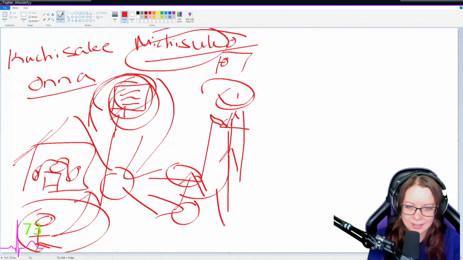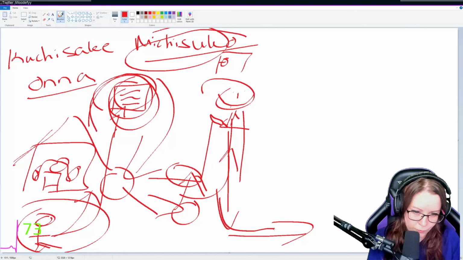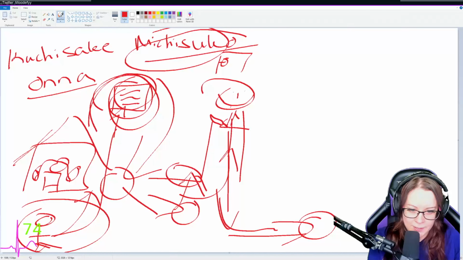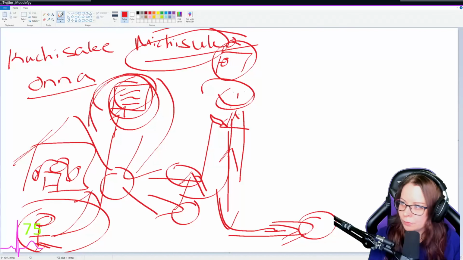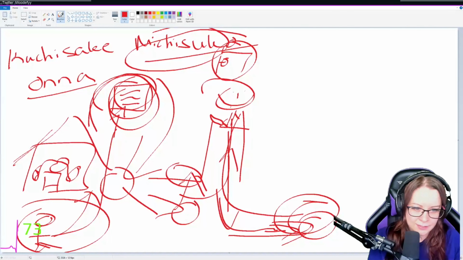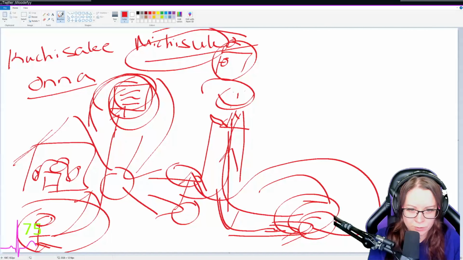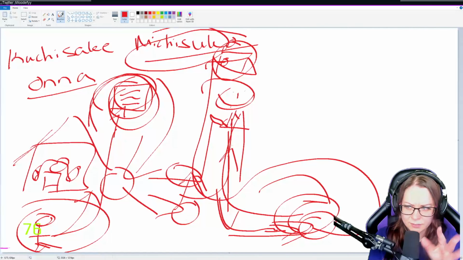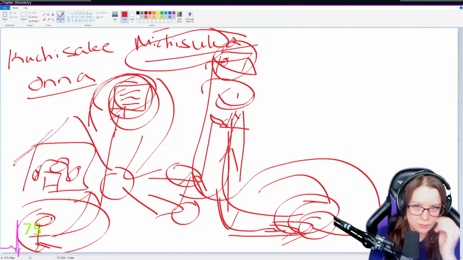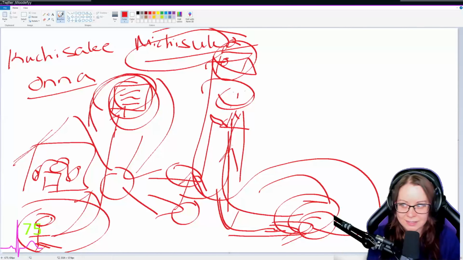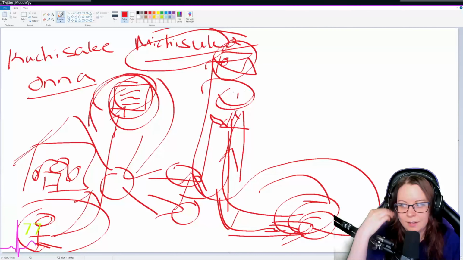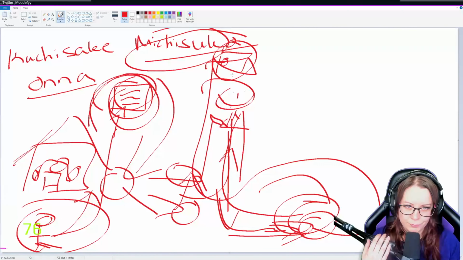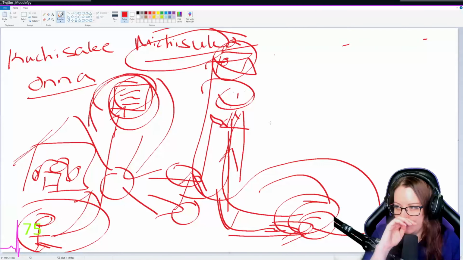Basically, you need to kite her into different positions so that she will follow you. You will get to a safe spot, and then in most cases, you need to drag her away from where you need to go. So if you go into this door, you drag her out here, and then you run around her and then back into the door. I think it was 4 different doors that you needed to go to in order to progress to the next level. I think it wasn't too bad, honestly. I think it was about 4 levels that you go through to be able to proceed into the game,